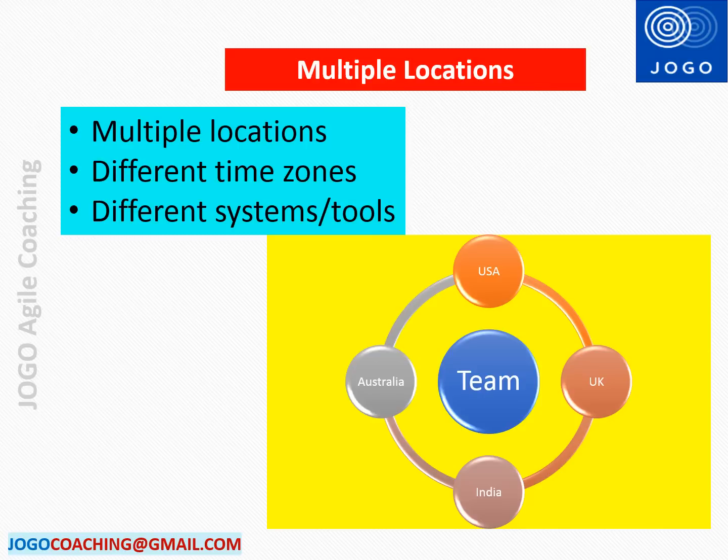The second challenge in the scaling Agile is managing the teams that are working from different geographical locations. To build the enterprise level product, it's very difficult to have the entire team in the same location. In most of the cases, teams will be distributed across the location or geography. Teams located in various locations will be using different infrastructure, systems and tools. Coordinating the work of all the teams across the location will be another challenge in the scaling Agile environment.